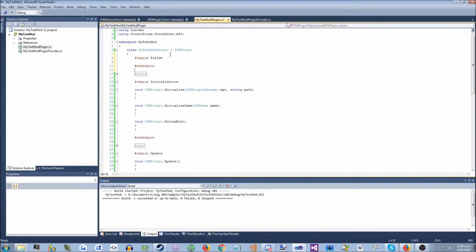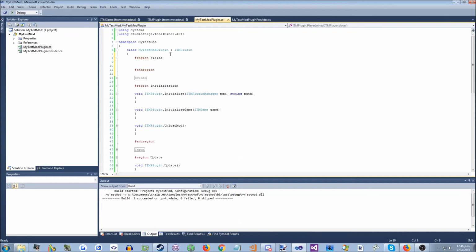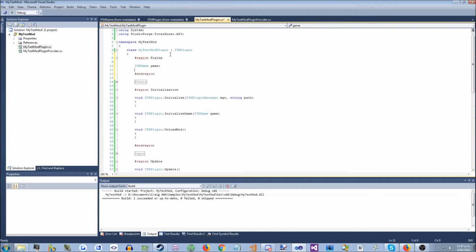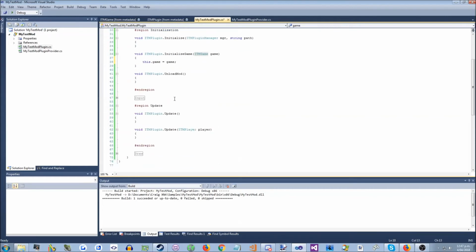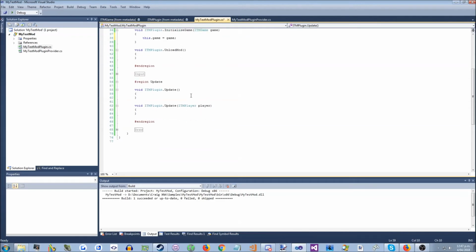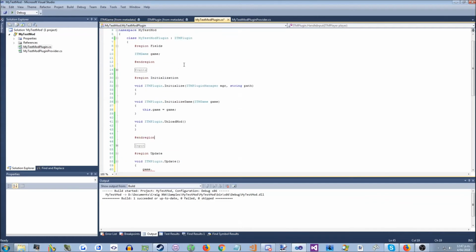I like to put all my fields into a region, so we just put that there. And to store it, we just say this.game, which is this variable here, equals game, which is this variable here. Now we have a reference to this that we can use whenever we want during the operation of the game. So here we can say game dot, which is referencing this variable here,